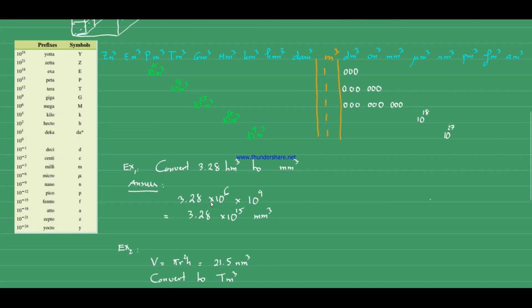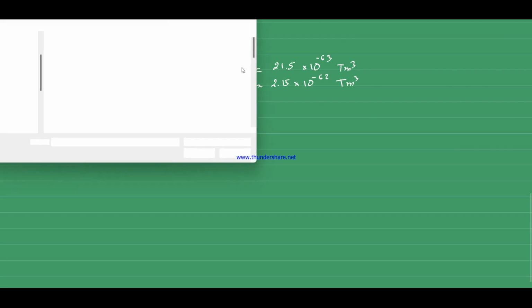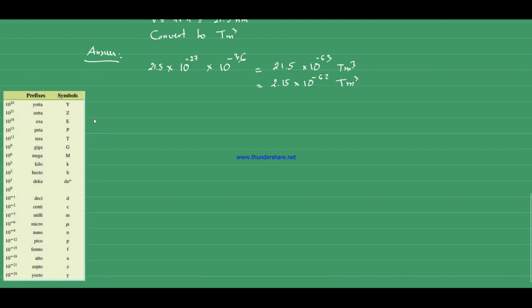Again, let me pull up the prefix table. I need that. Okay. All right, then we have yotta liter, then zetta liter, exa liter, peta liter, tera liter, giga liter, then we have liter with the letter L over here. Then we have mega liter, then we have kilo